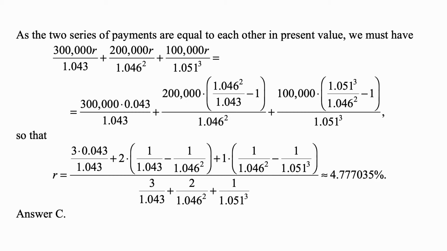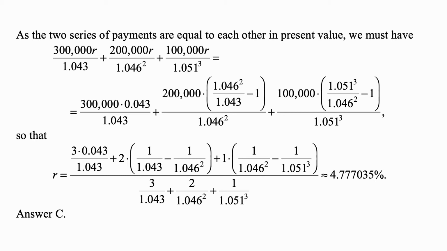So these are equal, and all we need to do is solve it for r. And of course you can see that r is a common factor on the left-hand side, so we can factor it out, divide both sides by that whole expression without the r on the left-hand side, and that's the answer. Of course, the 100,000 is a common factor on both sides. We can just divide everything by 100,000, and what we're going to get is eventually that r is equal to 3 times 0.043 over 1.043, plus 2 times (1 over 1.043 minus 1 over 1.046 squared), plus 1 times